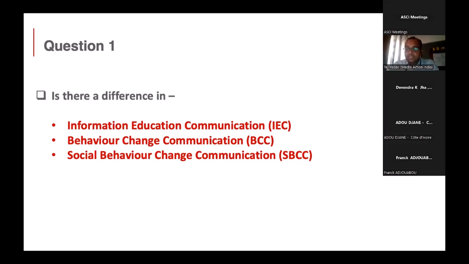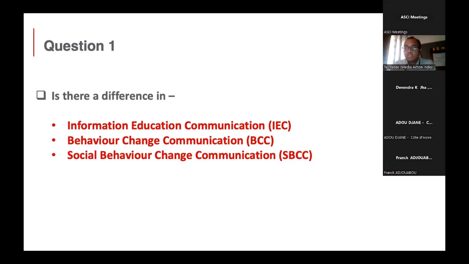And for example, in case of sanitation itself, if a person doesn't have the money to construct a toilet, I mean, they will not be able to do it, despite having all the intent that they want to construct and use a toilet. So I mean, that's just a very simple example of how context matters when we talk about social and behavior